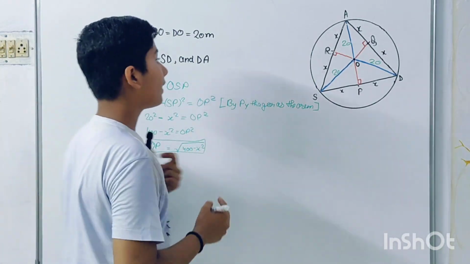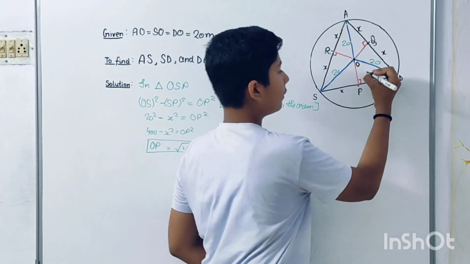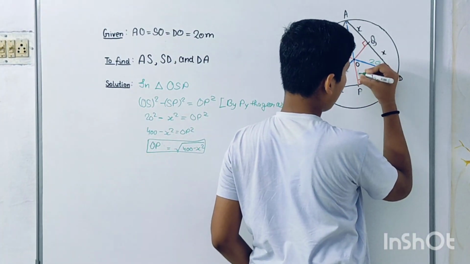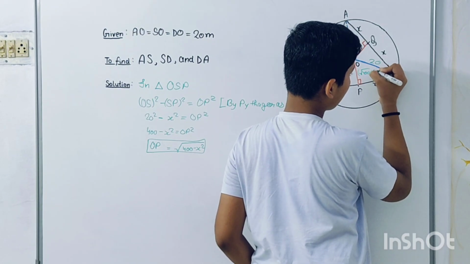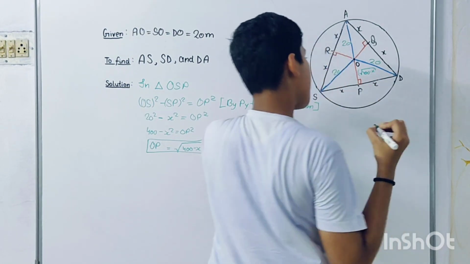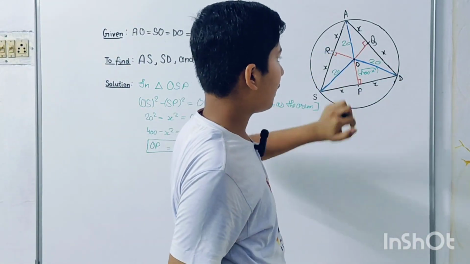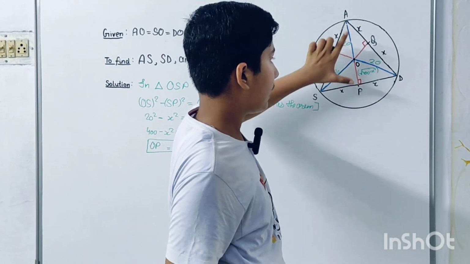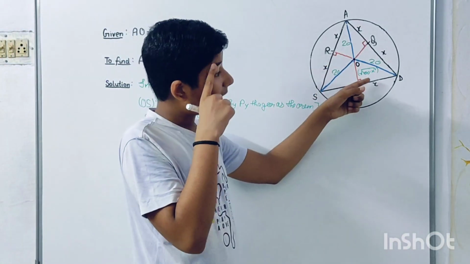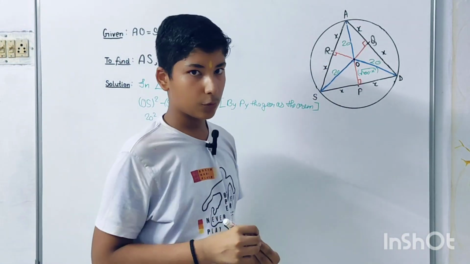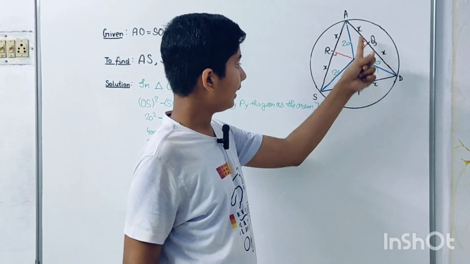Now we will take this triangle. Since we have got the length of this, which is root of 400 minus X square, bracket close, this is 400 minus X square. This is 20. So length of AP will be 20 plus root 400 minus X square. Yes. So now in triangle APD,